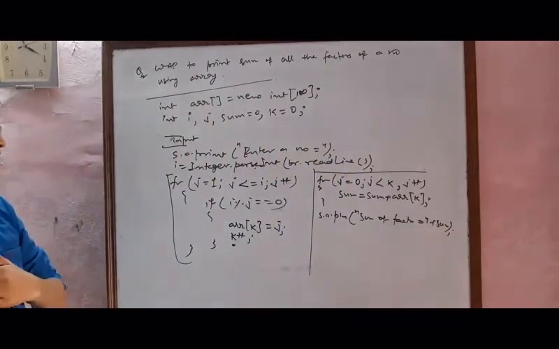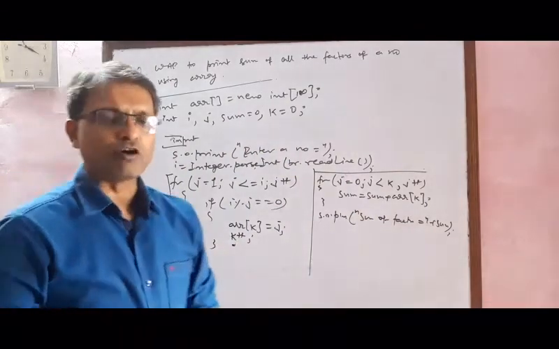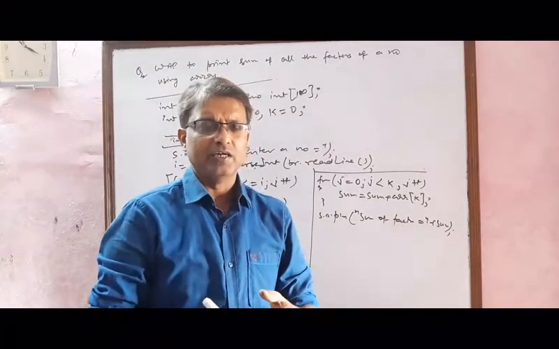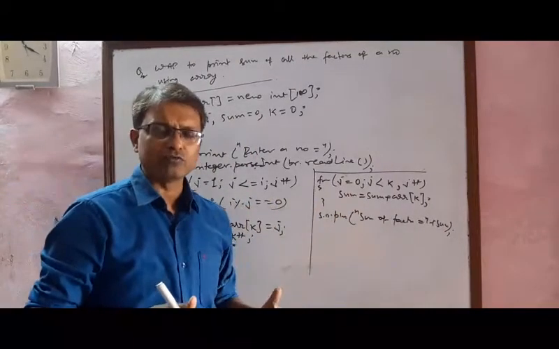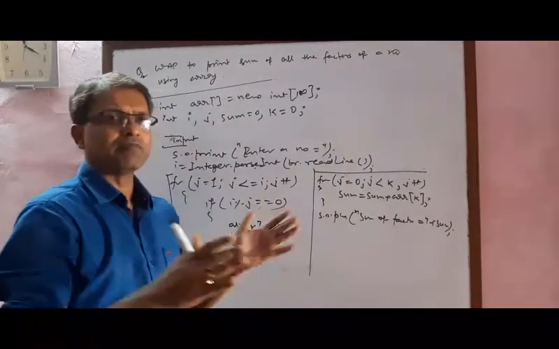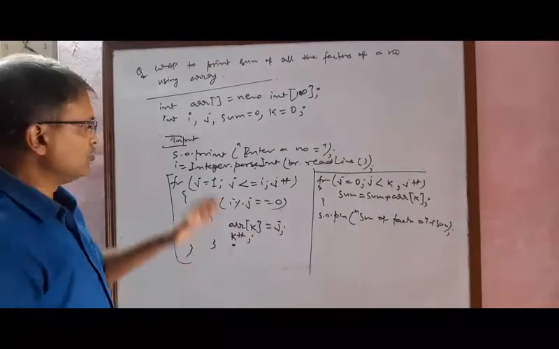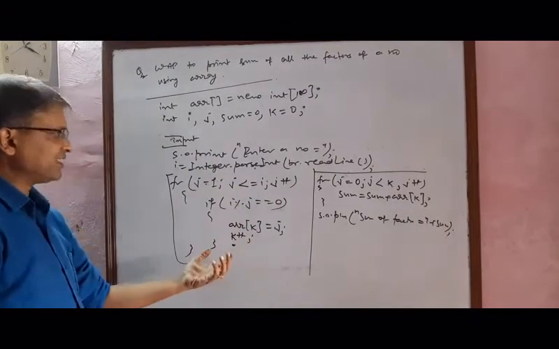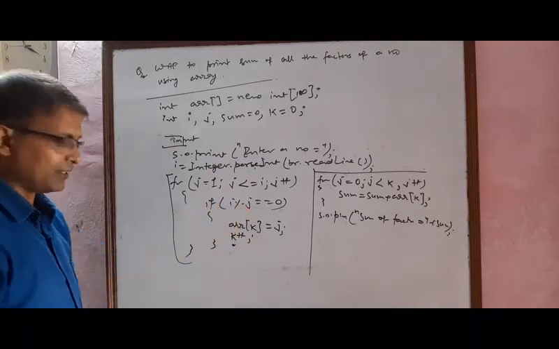In this way, you can use the array to store the data. Actually, array is called temporary database. Array is also called temporary database because array stores the data till the program is running. As you come out of the program, as you come out of the software, all the data from the array will be lost. Everything will be washed out. Clear? So array is also called database. Database means that can store the data, and it can store a large amount of data. That's why we can use it. This is the main purpose of array.